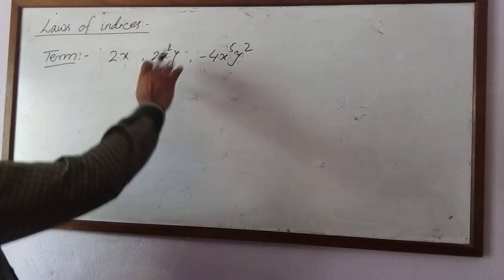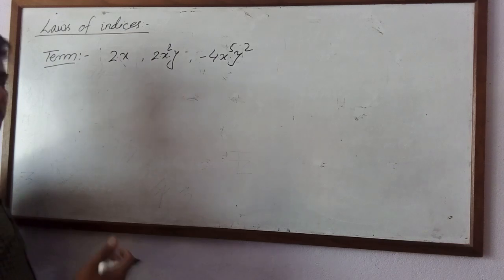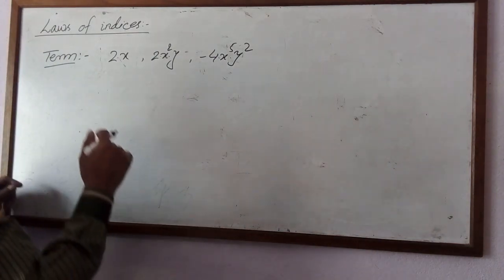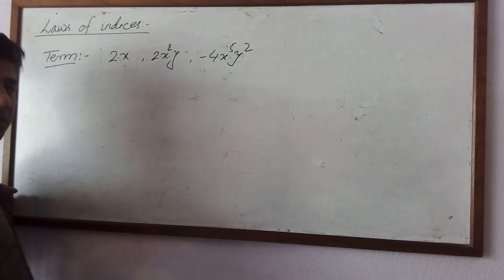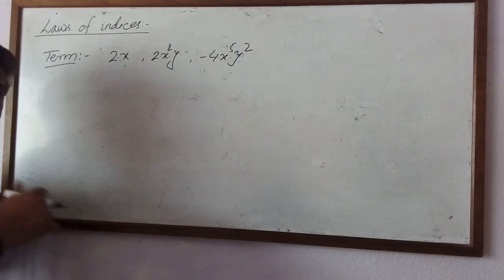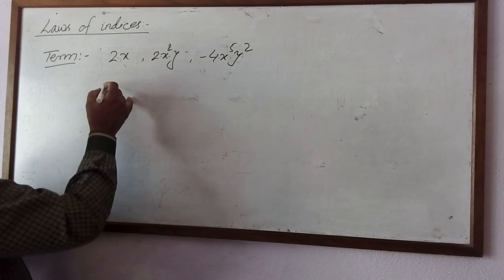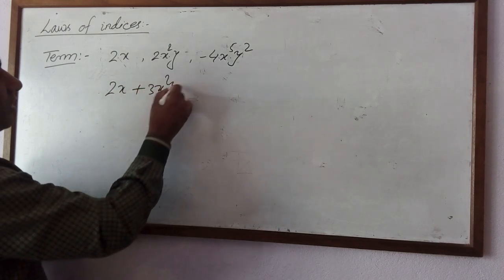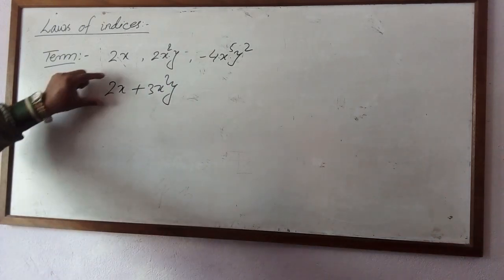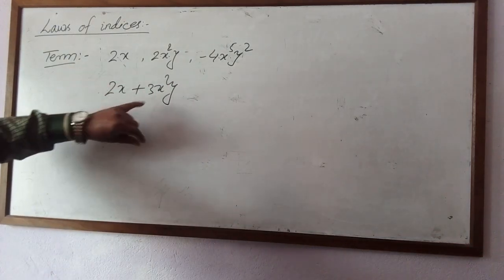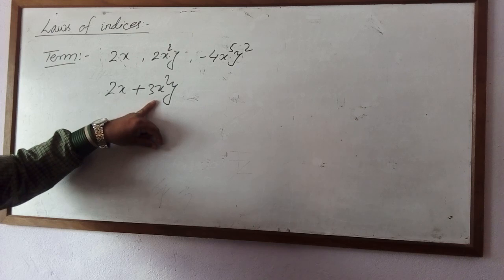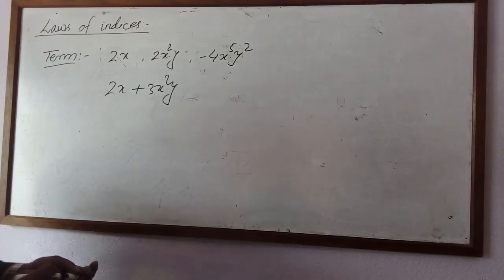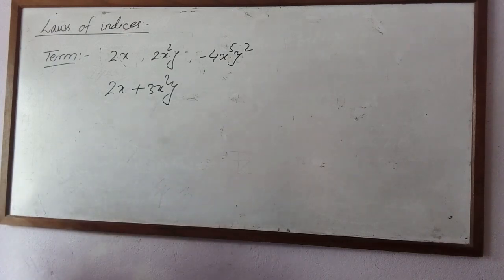Now if there are two or more terms, then that will be a polynomial, and its types are so many: monomial, binomial, trinomial, tetranomial. For a binomial, 2x plus 3x square y. Here are two terms, one term is 2x, another one is 3x square y. Now these are all about terms. Now the first rule I am going to explain,